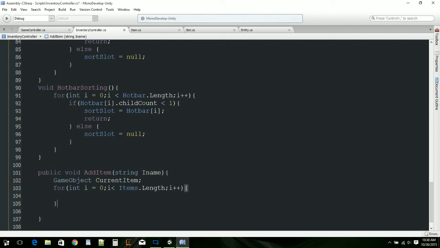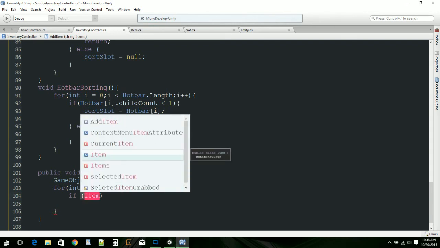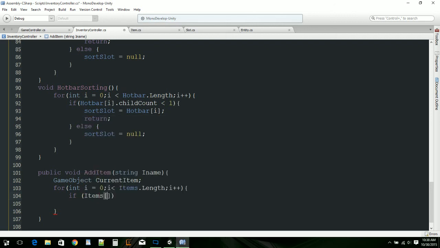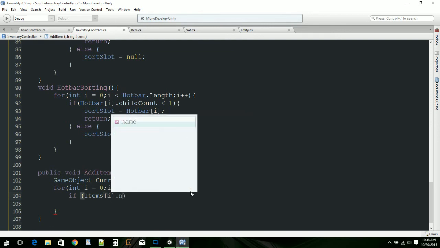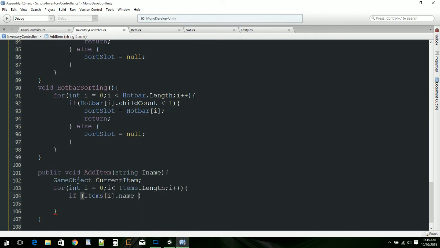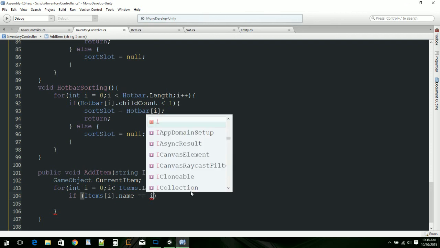So after that, what we're gonna do is we're gonna say, so if, what is it? Okay, so if items i dot name is equal to iname,